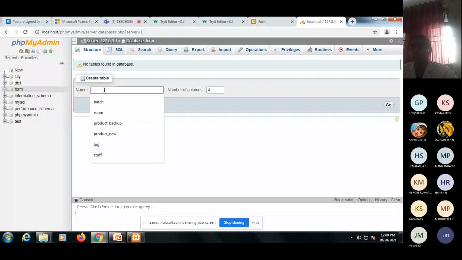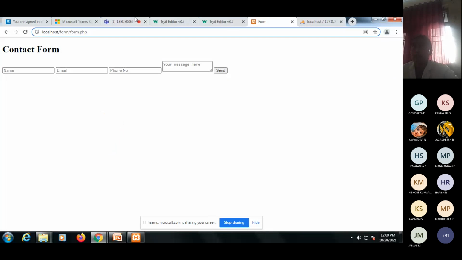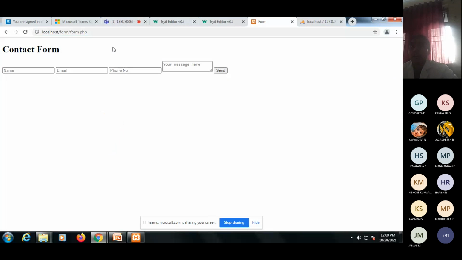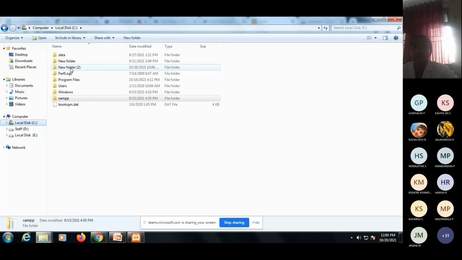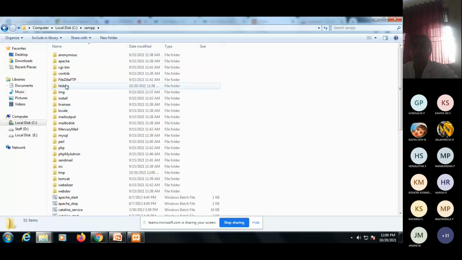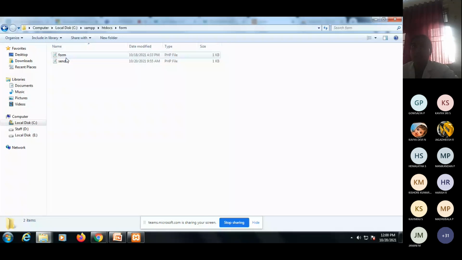Okay, before that I check it. So localhost/PHP form, that has accessing here in local disk C. First it has htdocs, then form, then open this form.